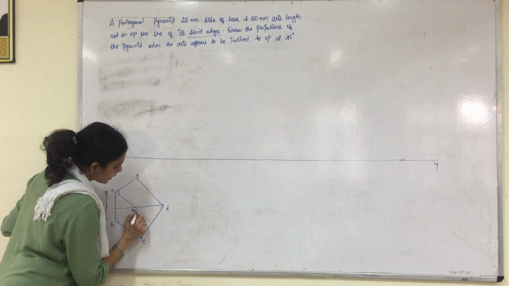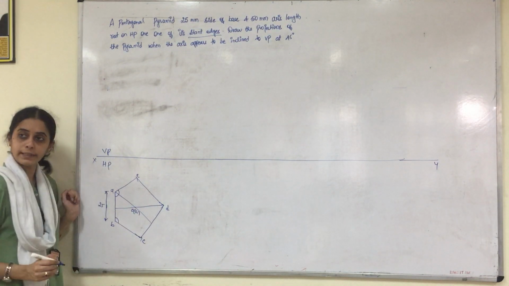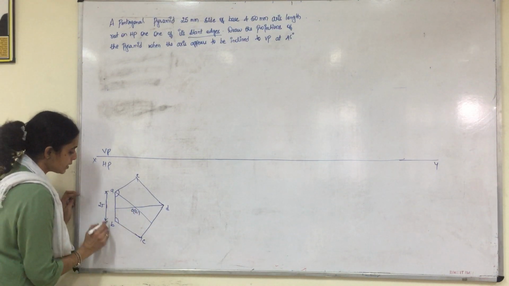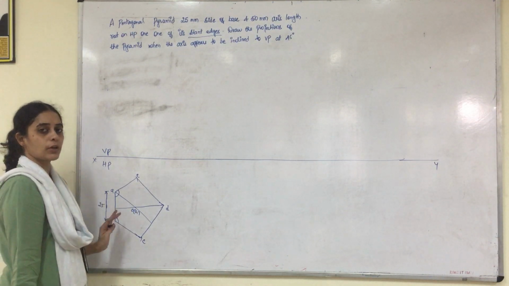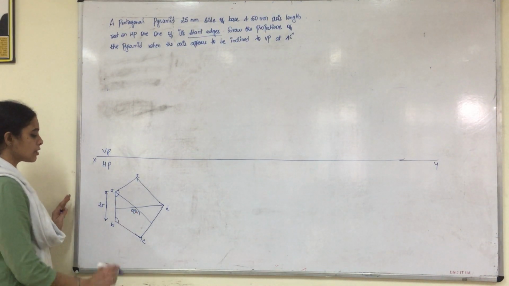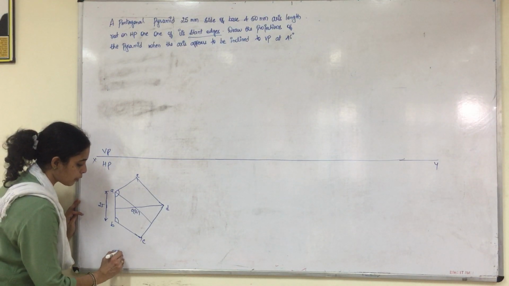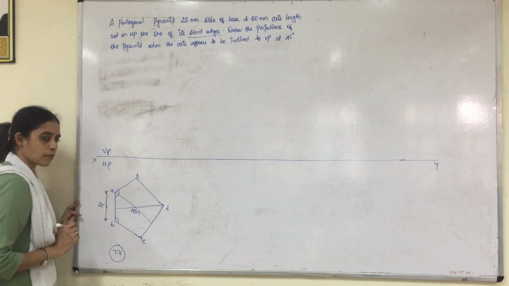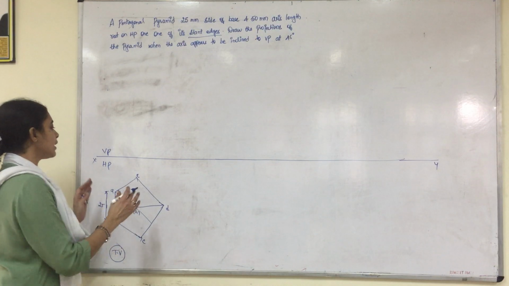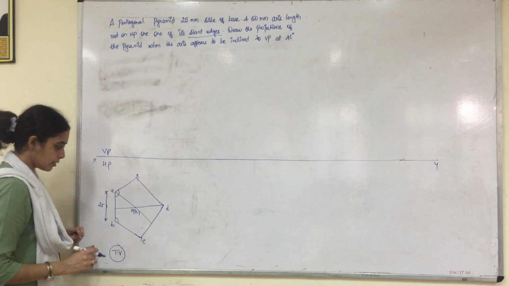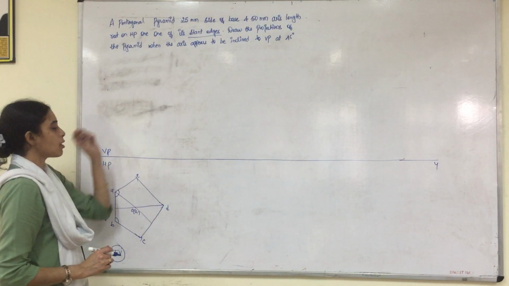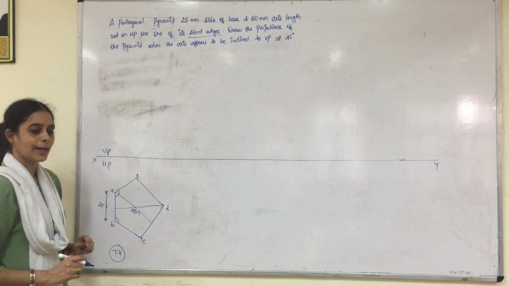O outside the bracket and O1 within the bracket, and please show the dimension of at least one side of the pentagon. So this completes the true shape of the top view in our first stage, and then we have to now project the projections to our front view to get the required front view.